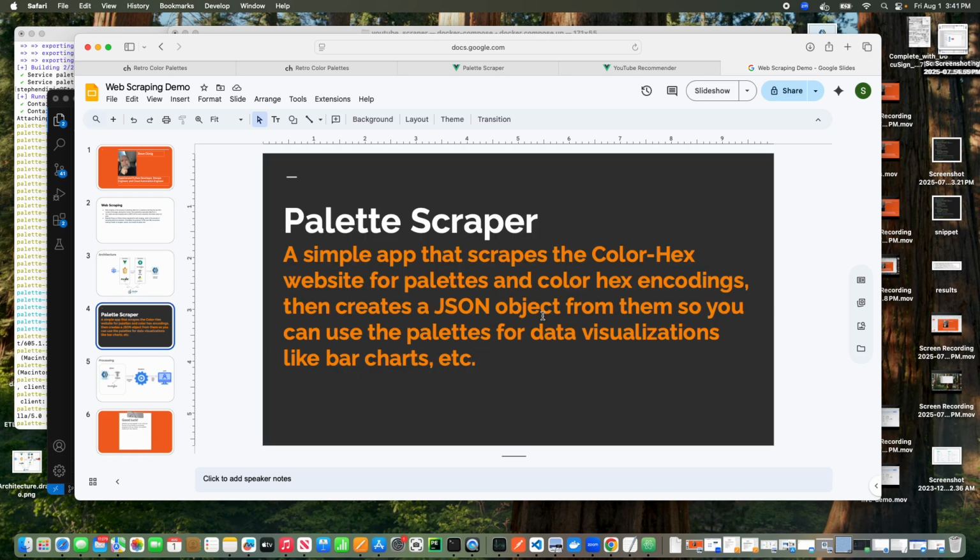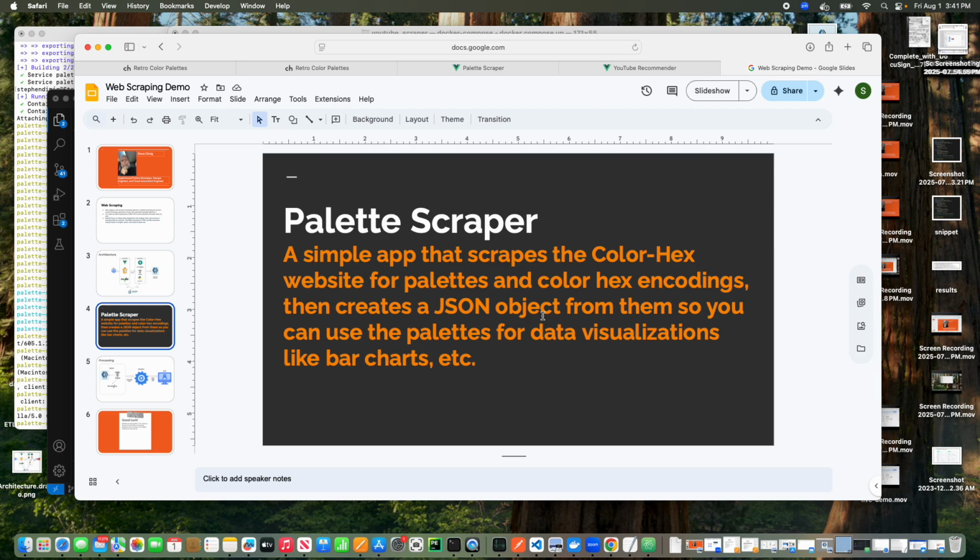So the application I'm talking about here is a simple application called a palette scraper. I know in Vue there are libraries that you can get palettes from, but by default there are no palettes. I find it aggravating that you have to hex encode an array of colors to get your background colors on, say, a bar chart or a pie chart. It gave me an idea. I know there are libraries you can grab to do it, but it gave me an idea for a good example of how to demonstrate